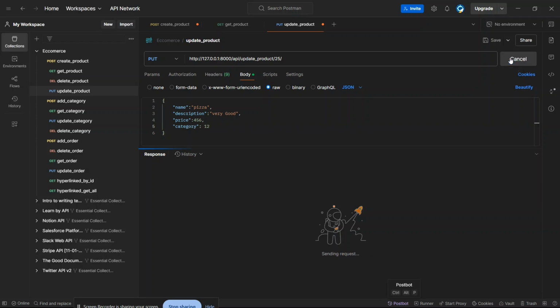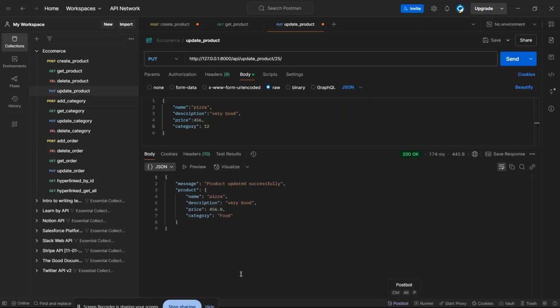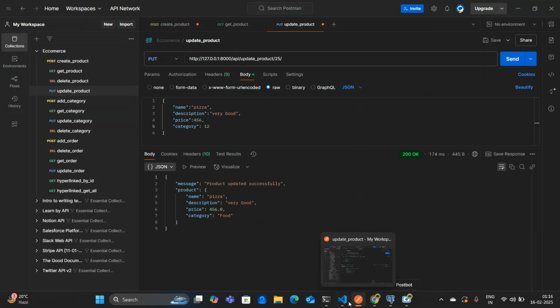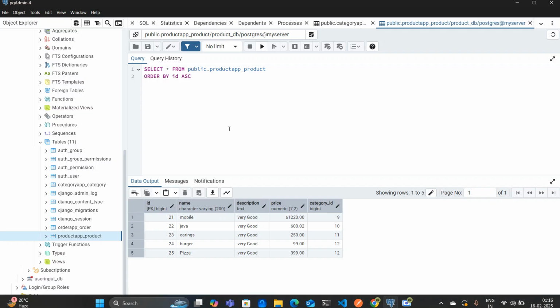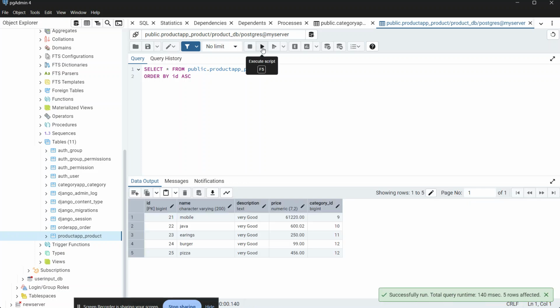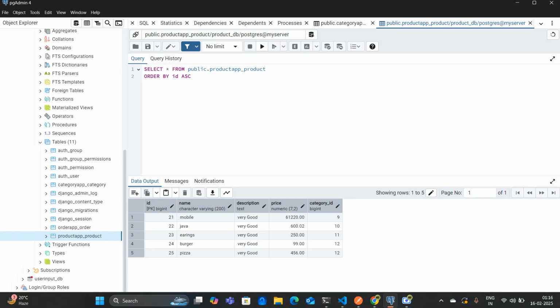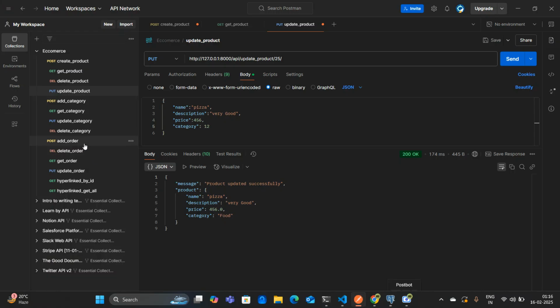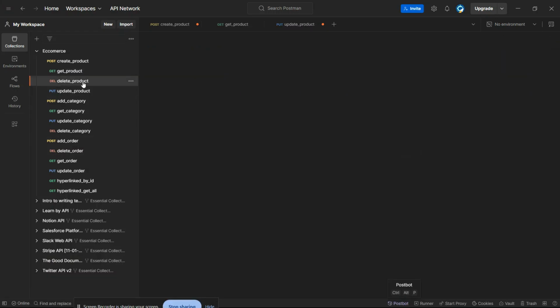So send. So 456. Very good. Pizza successfully updated. So let me check inside my database. So okay, the pizza very good, and the price will increase. It is now 456.